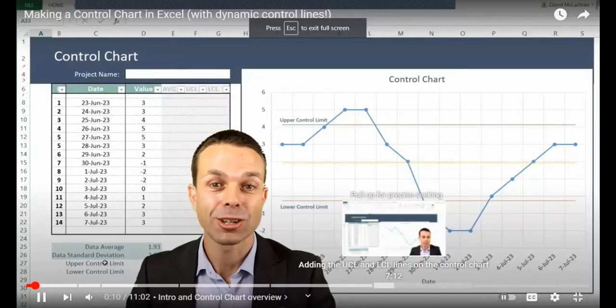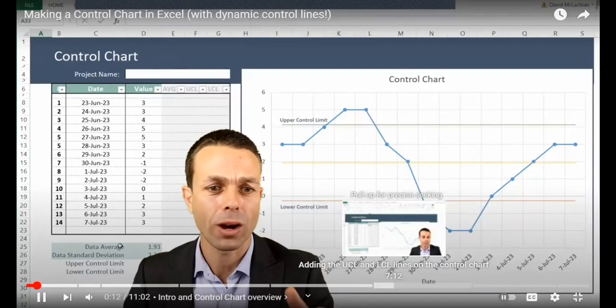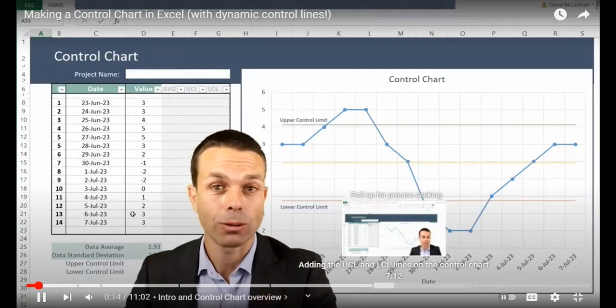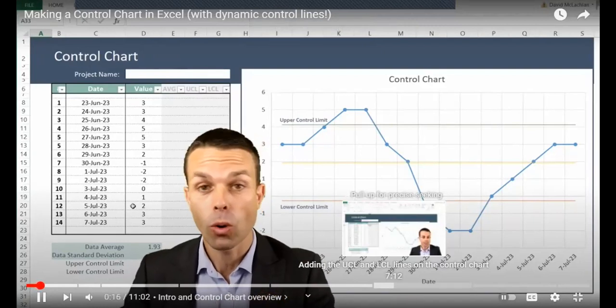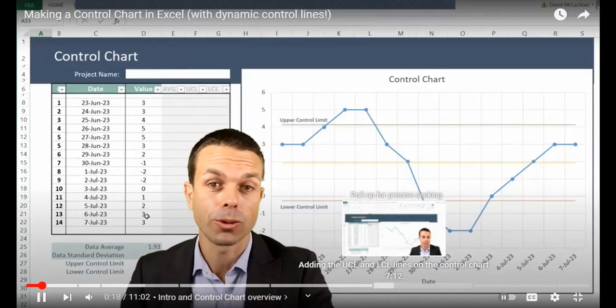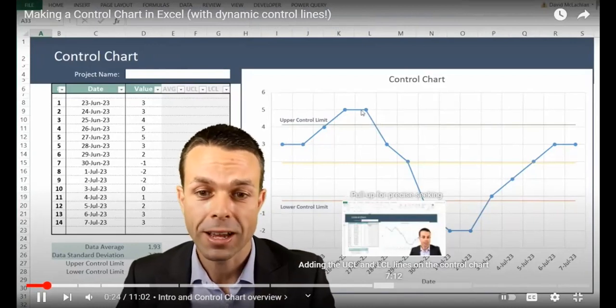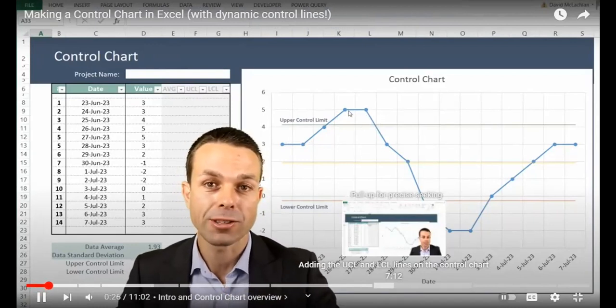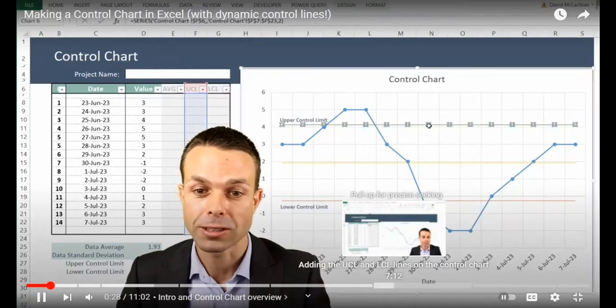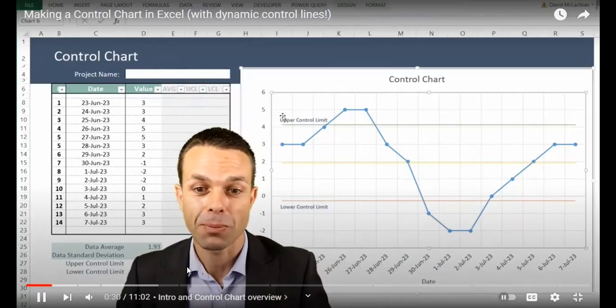This one in particular is a control chart, a really wonderful way of seeing your process and how it's tracking over time, or even things like sales or other metrics for your business. And the best part about it is we can use it to determine trends and also to determine if it's outside of certain control limits. So that's the point of a control chart. You've got your upper control limit, your lower control limit, and you can see if it's